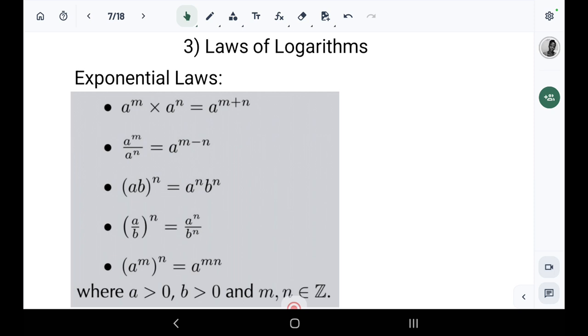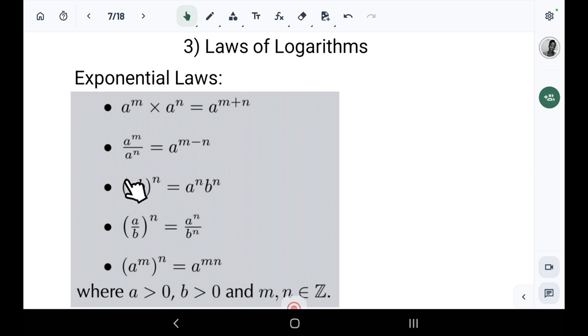Now, like I said before, there's a special relationship between exponents and logarithms, and as a result, the laws are also similar. They follow a similar pattern, and as such, we need to first revisit and recap the exponential laws so that when we look at the logarithmic laws, you understand where all that comes from. Now, here's a recap of exponential laws. When you multiply powers of the same base, you add the exponents. When you divide powers of the same base, you subtract the exponents, and when you raise a product of two